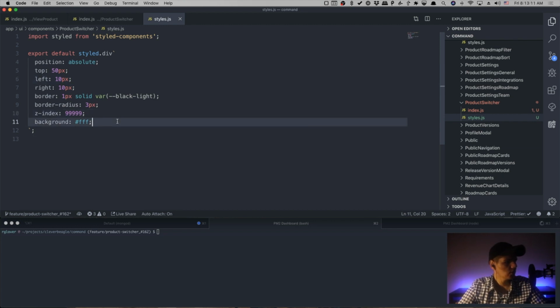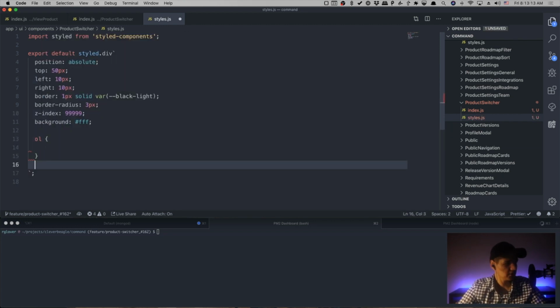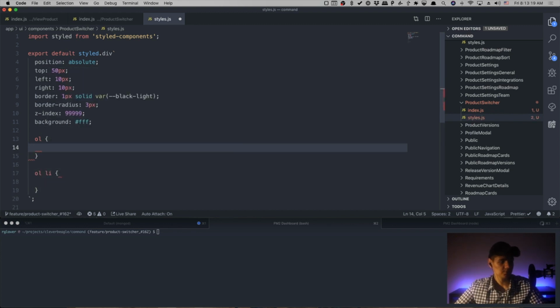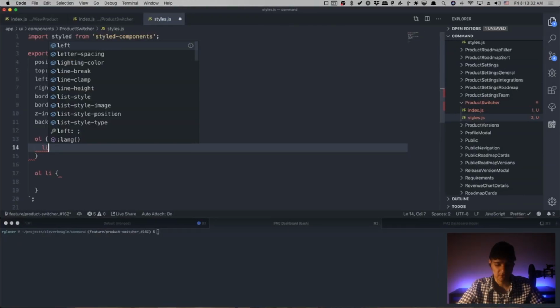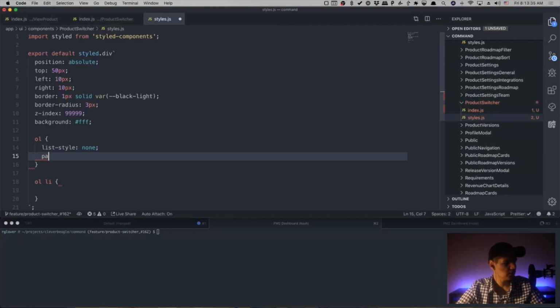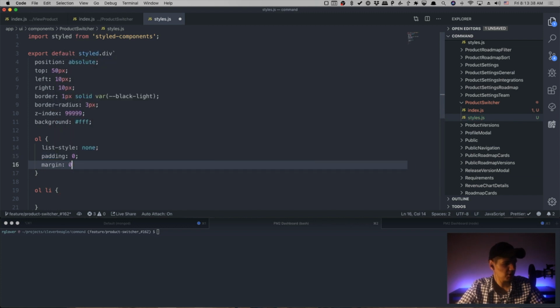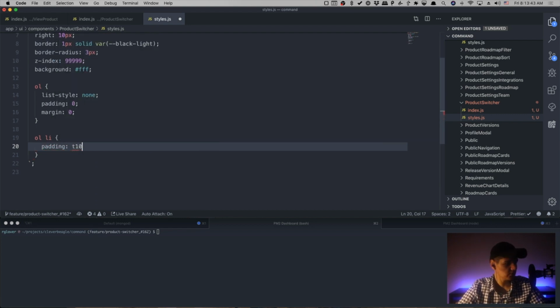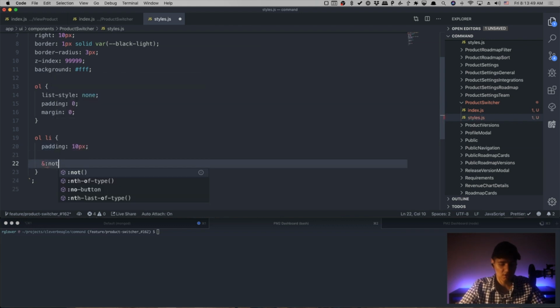So what I'm thinking, so we know we have an ordered list with list items. Something that I'll also do is just kind of plan out my CSS beforehand and try and tell myself where I'm going. Okay, so I know that we're going to knock off the default list style. I know that it's going to have a default padding and probably a default margin, so we're going to nuke those. And then I know that I want these to be about 10 pixels padding. And we're going to say, and not